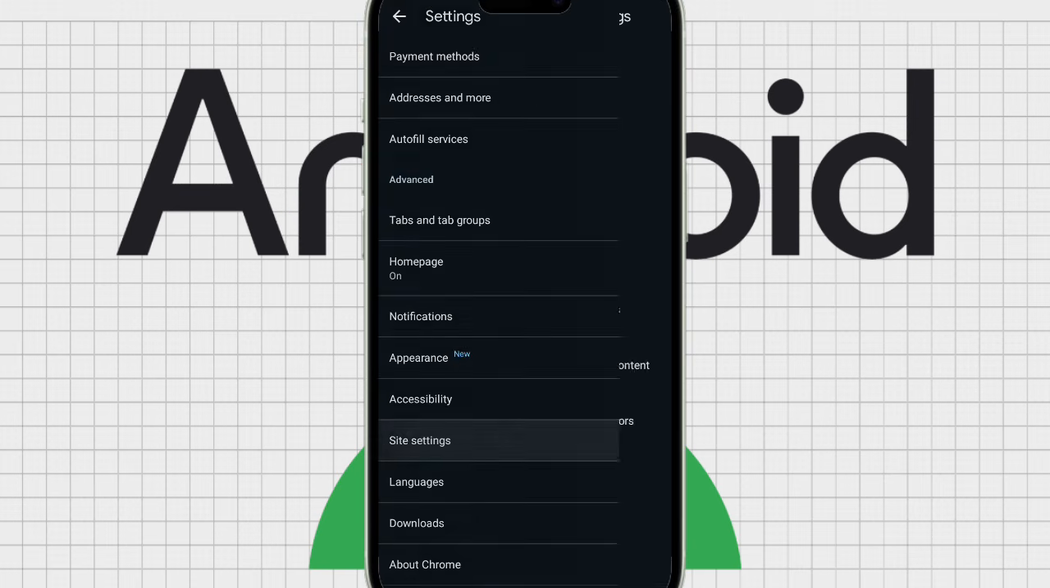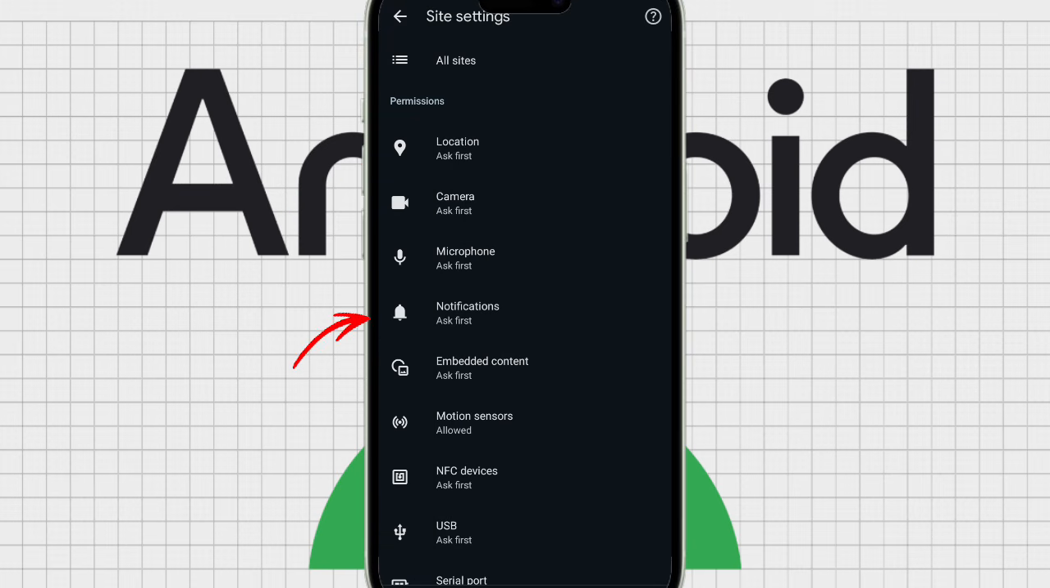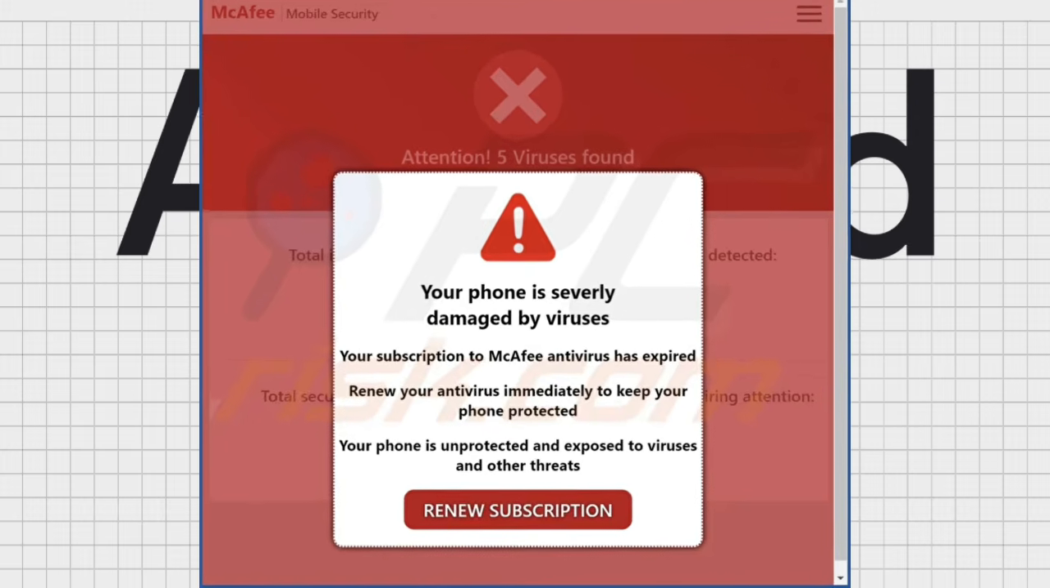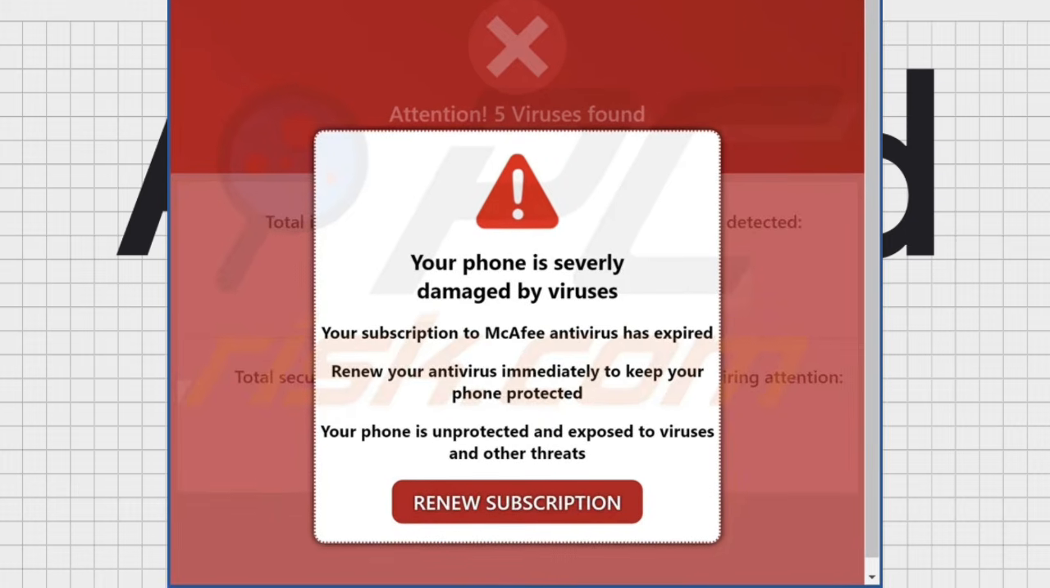Third, stay within Site Settings and tap on Notifications. This is crucial. Many ads now masquerade as system alerts. Toggle notifications to Don't Allow or use quieter messaging. This prevents sites from sending those annoying "your phone is infected" or "click to win" alerts directly to your status